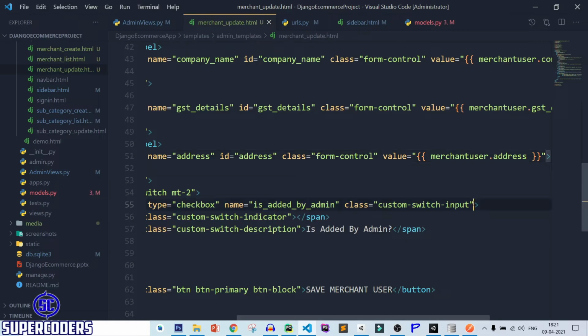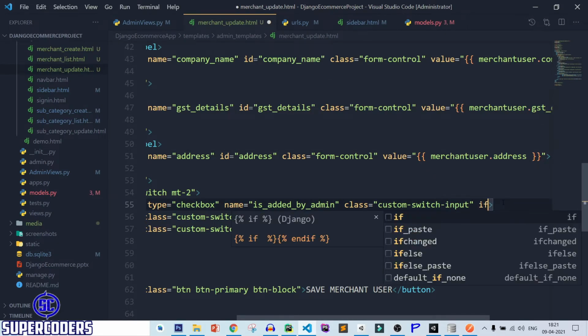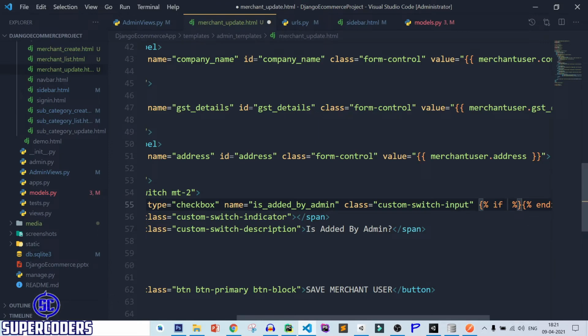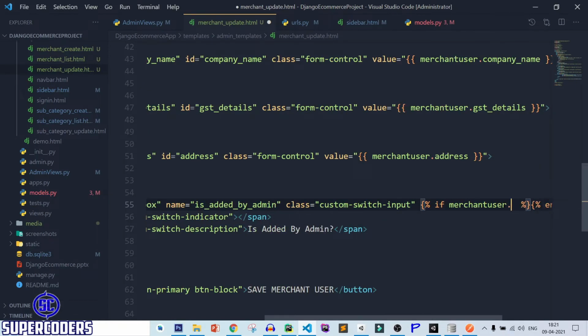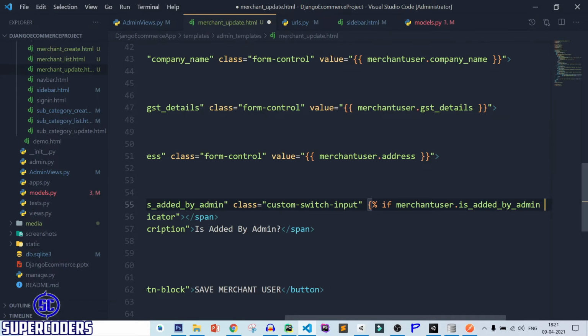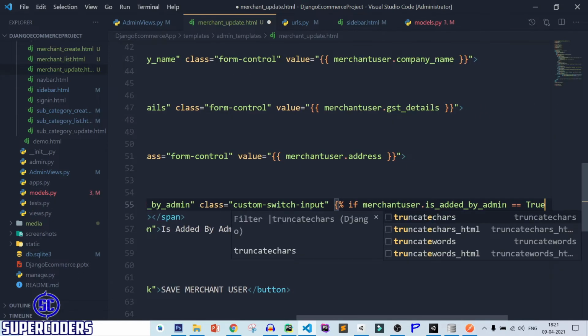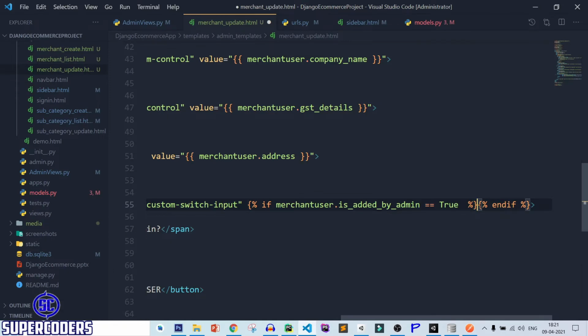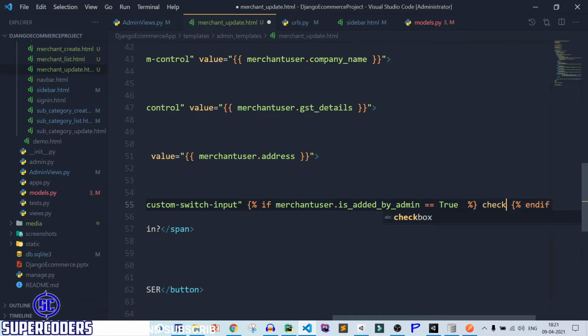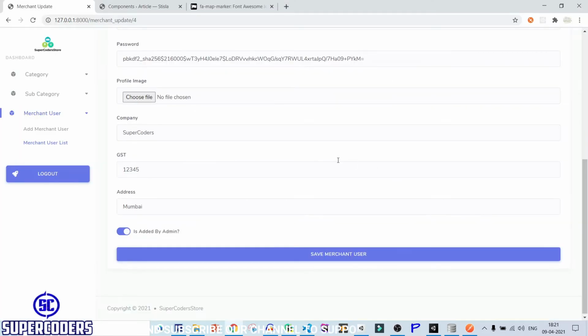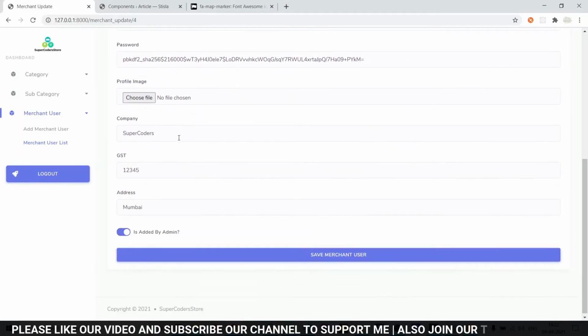So here, if merchant user dot is added by admin equal to true, we can show this checked. Save it, refresh, and you can see everything is showing perfectly.